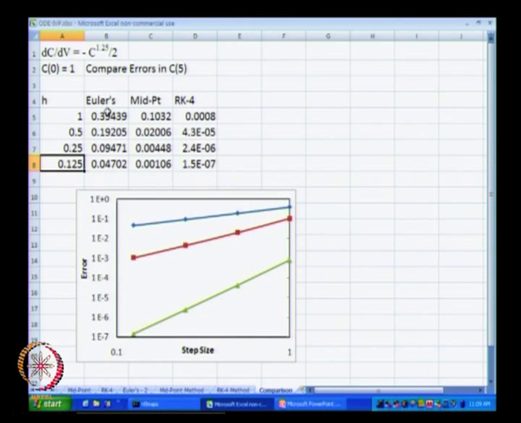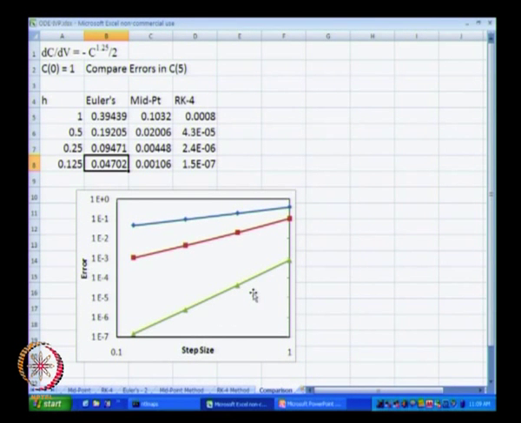So, a fair comparison would be Euler's method with h equal to 0.125 versus RK4 method with h equal to 1, and even that comparison shows a significant accuracy of the RK4 method over Euler's method.